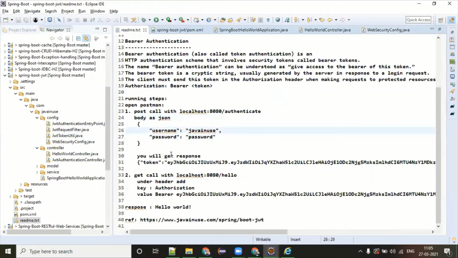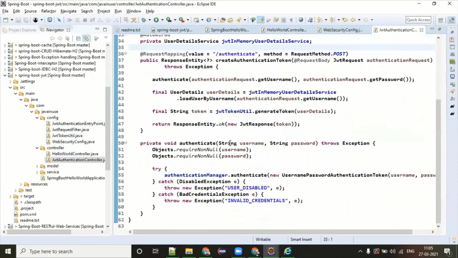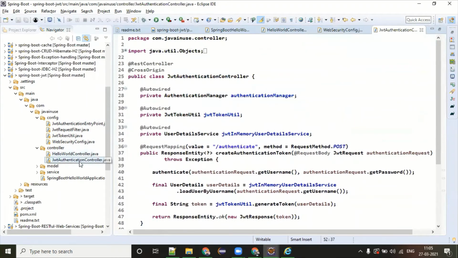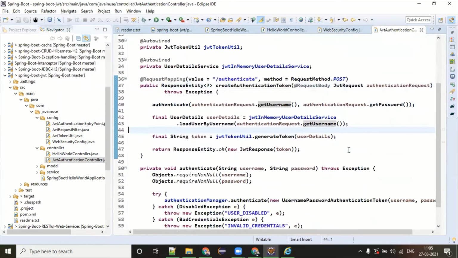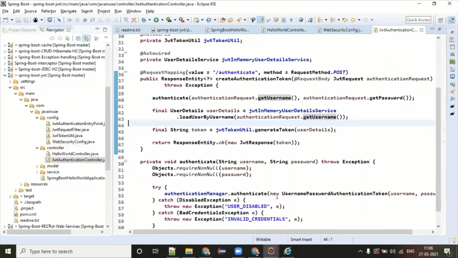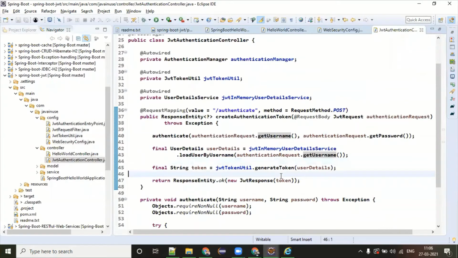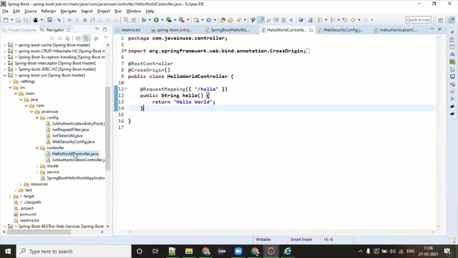And this is the username and password. So I'm just checking where exactly the username and password are. This is the authentication controller.java class: create authentication token, get the username, get the password, and then it is going to generate a token. So here the username and password don't matter. Whatever you have, from where doesn't matter. The idea is to get a token. Next time, you don't need to pass that username and password. Okay, the hello world controller definitely needs that.